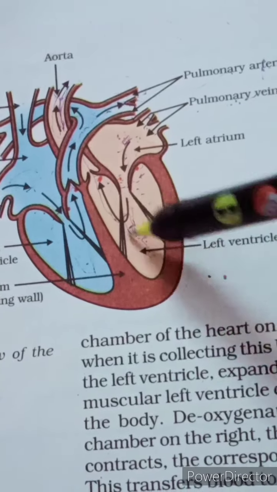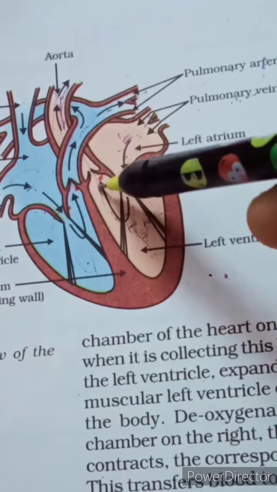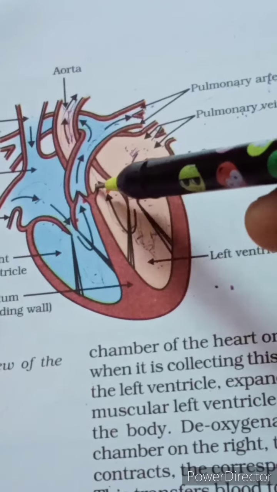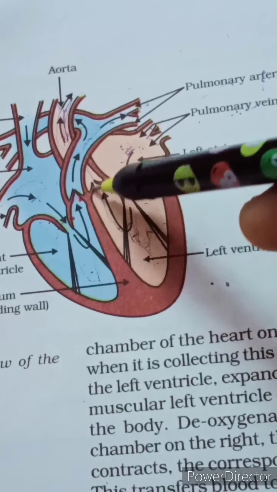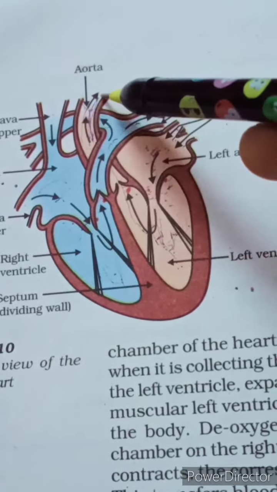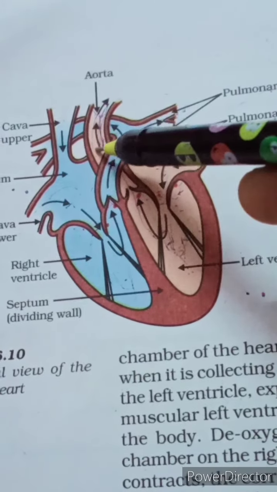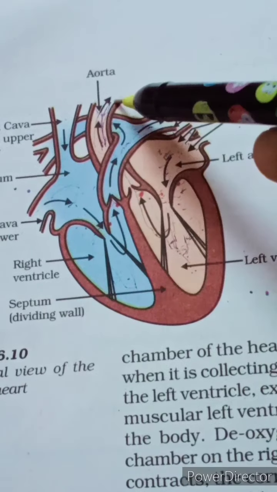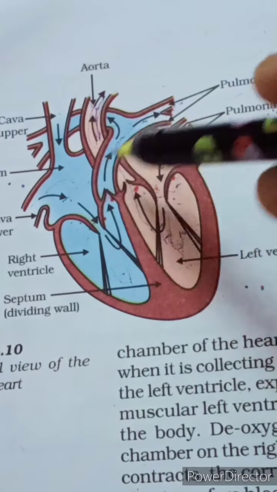When the left auricle contracts, it pushes the blood to the left ventricle by the opening of the bicuspid valve. When the left ventricle contracts, it pushes the blood to the largest artery in our body, called the aorta, by the opening of the small valve called the aortic valve. This aorta branches out into many small branches which form arteries entering each and every part, and it supplies oxygenated blood to different parts of the body. This is the function of the heart.